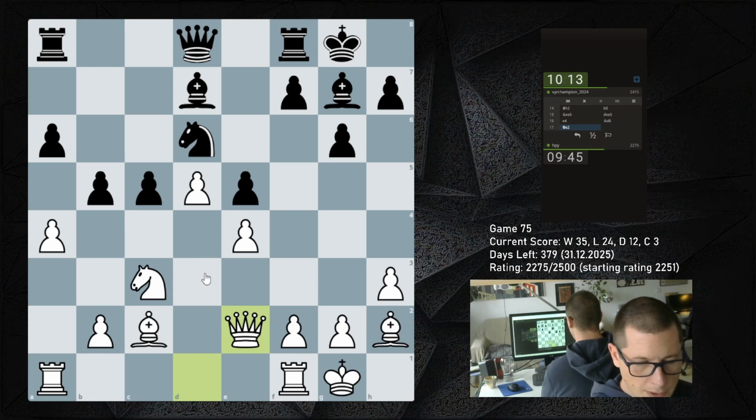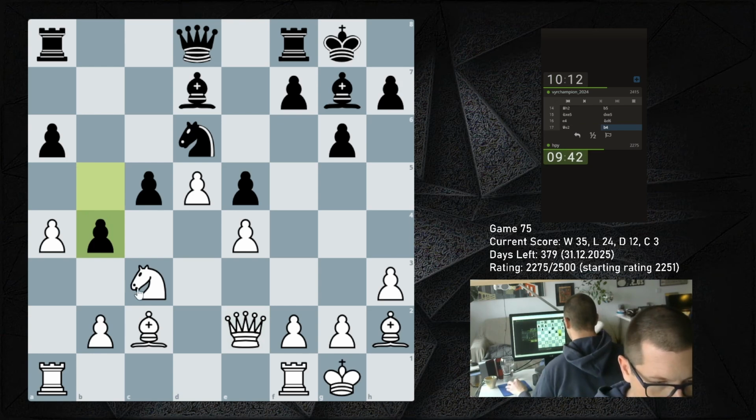This way I'm also reinforcing f4, because my queen defends the e-pawn along with the bishop. The knight can always be chased away. And the bishop on g7 is blocked, which is my biggest...